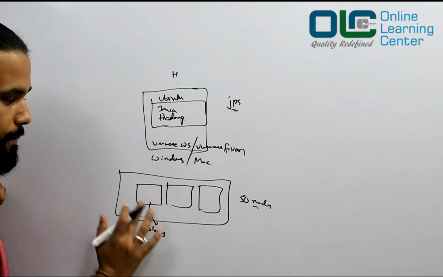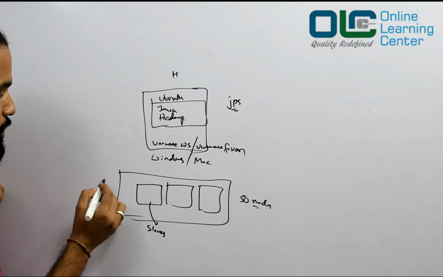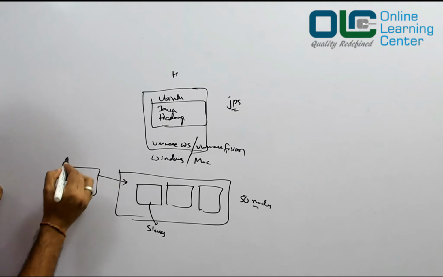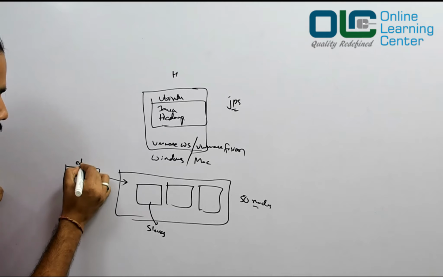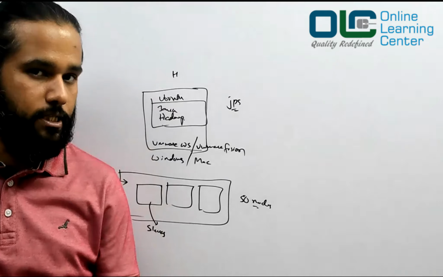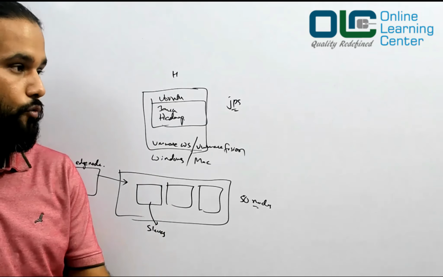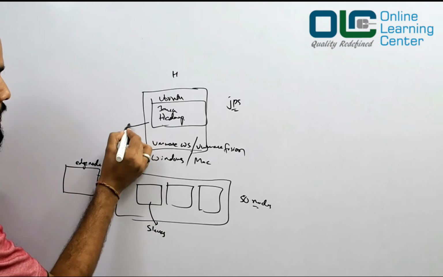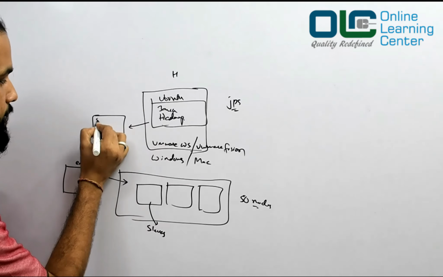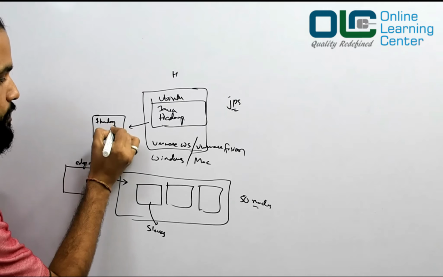Now we have Hadoop installed here, and you interact with this Hadoop from a terminal, and this terminal is nothing but your edge node. In our case, we've just done a single node installation. So you'll log into your Ubuntu and open your terminal, and then here you start writing your commands.